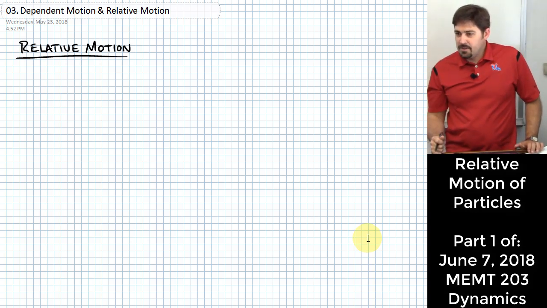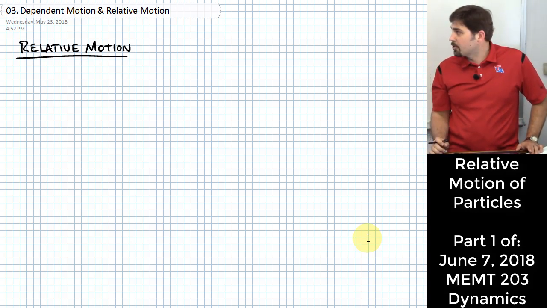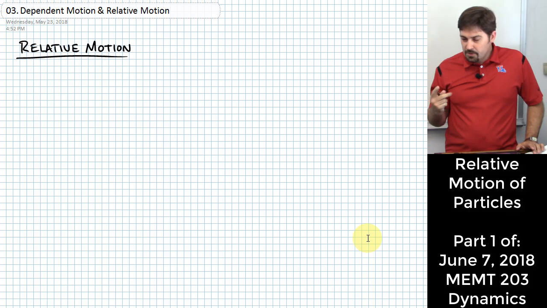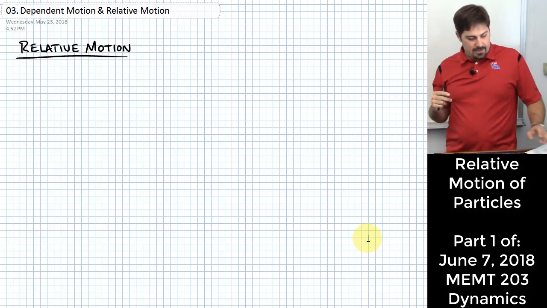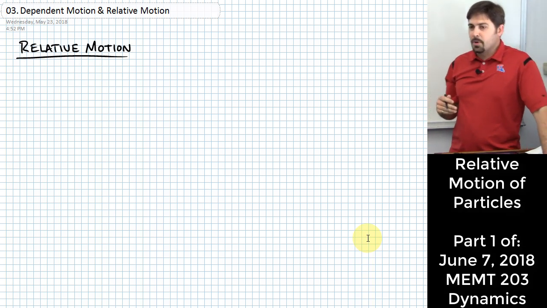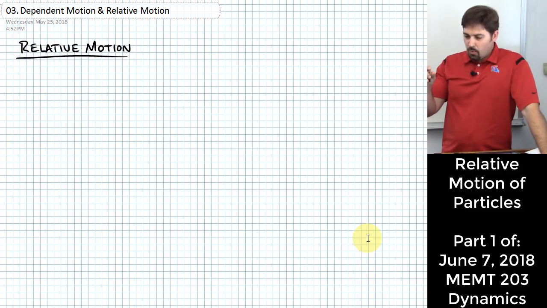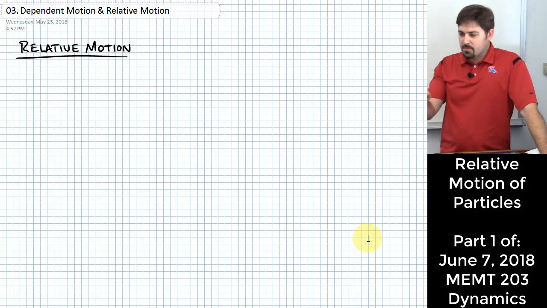All right, so here we go for our third lecture in this series of dynamics stuff. Today we're going to cover two topics. We're going to look at the idea of relative motion. The idea here of relative motion is basically what if you have one piece that's moving, and that piece is sort of looking at another piece that's moving, how fast does it look like that other piece is